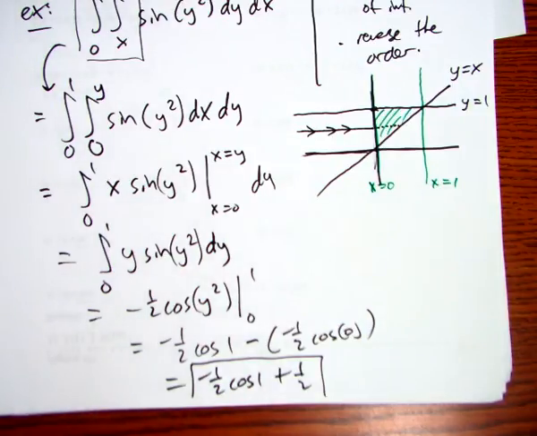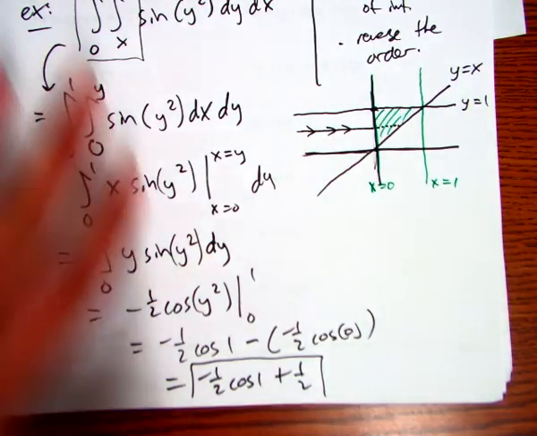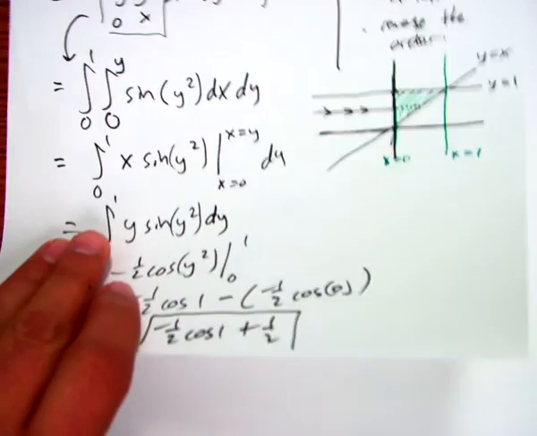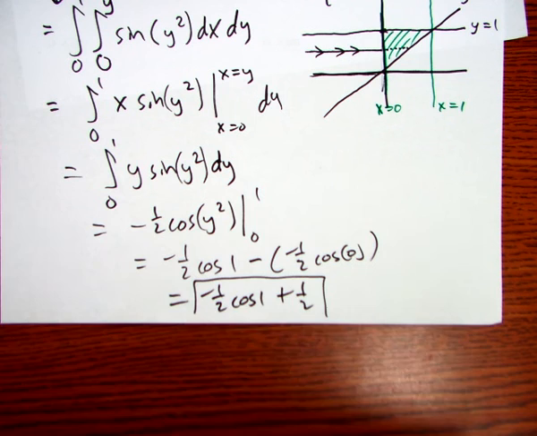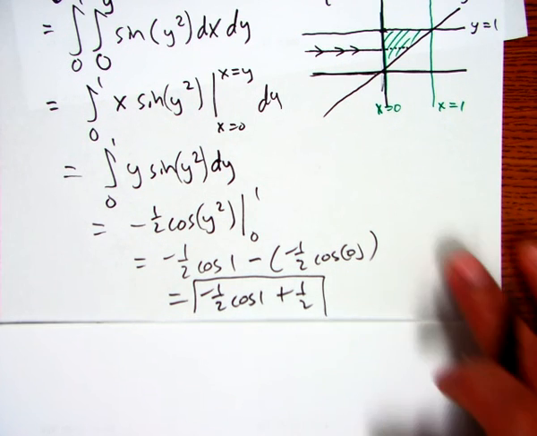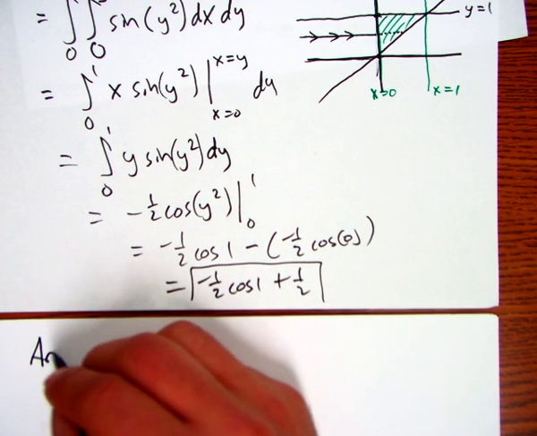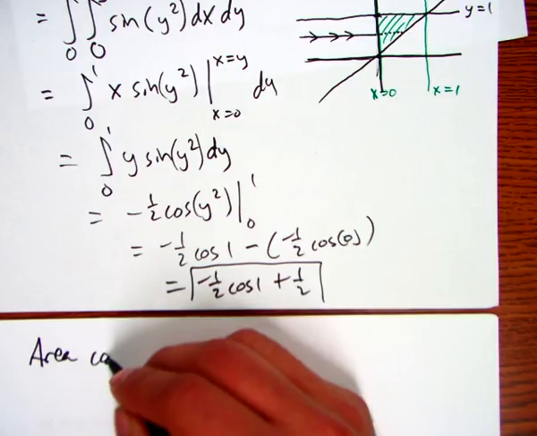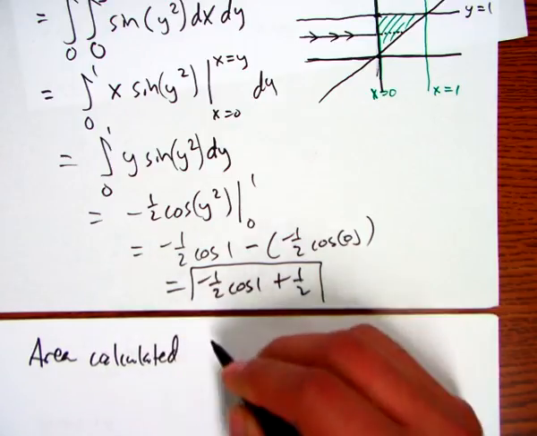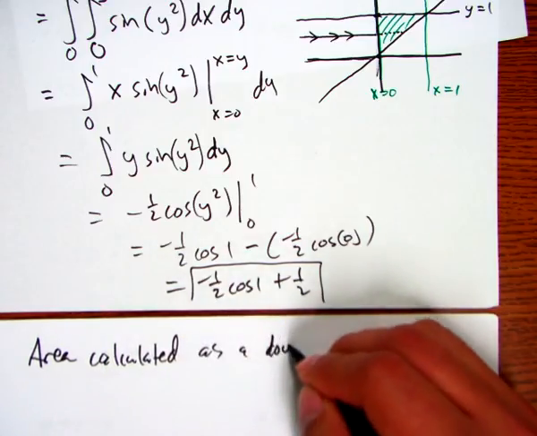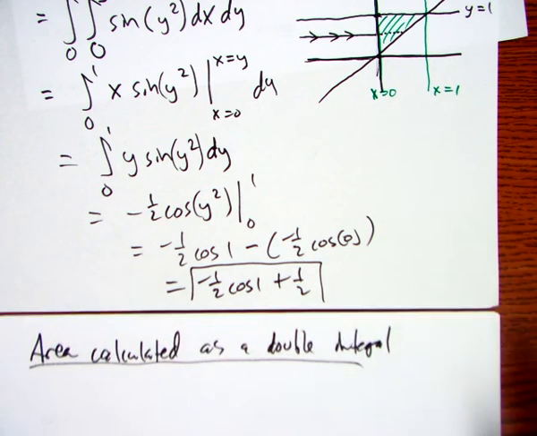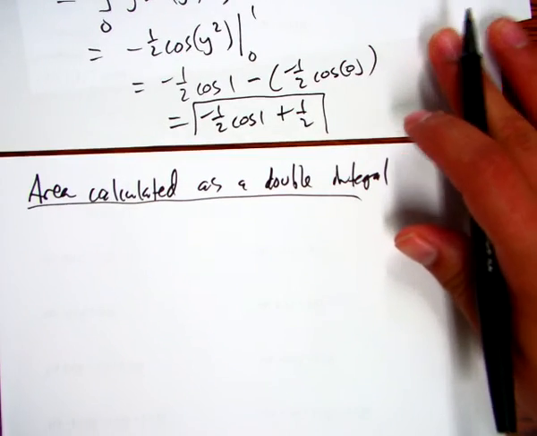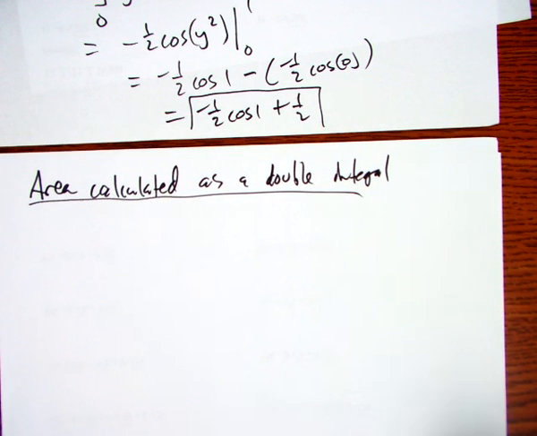Any questions on reversing the order? I did this integral again because this seems to be an area where mistakes are made when you switch the order. Okay? All right. The last topic is the area calculated as a double integral. We started with the interpretation that double integrals are volumes, right? They represent volumes under surfaces. So the argument here